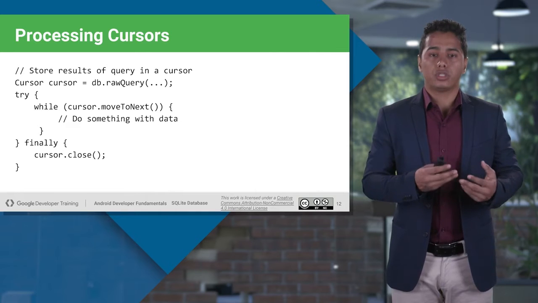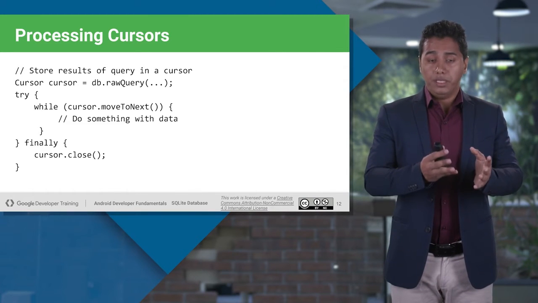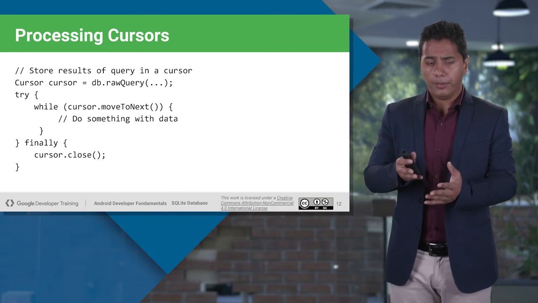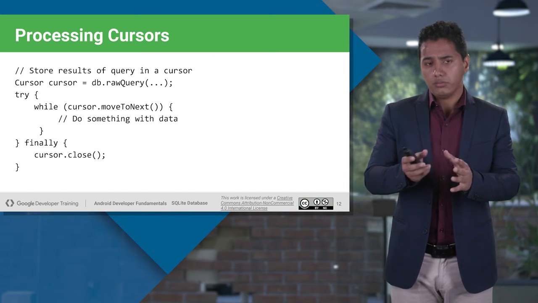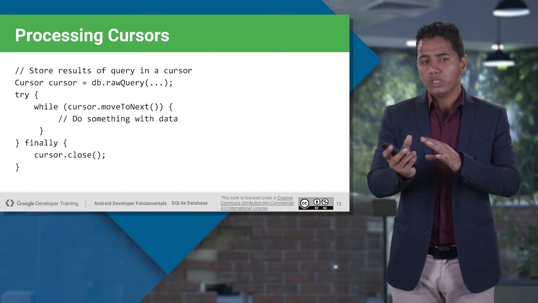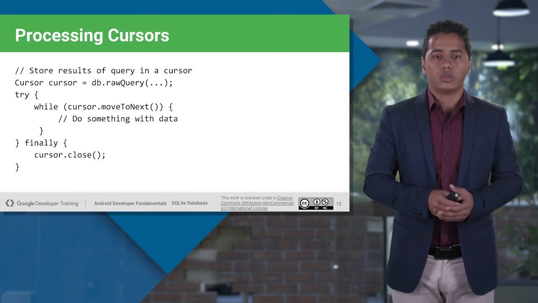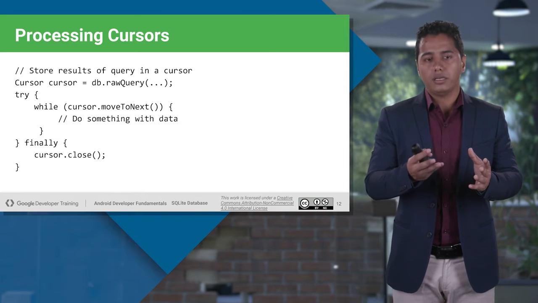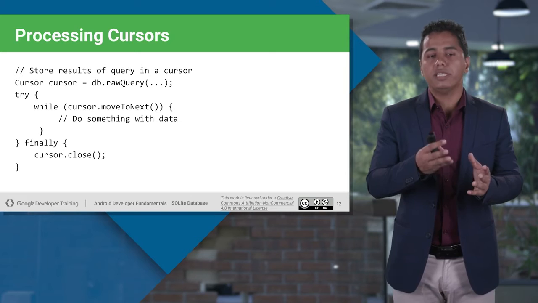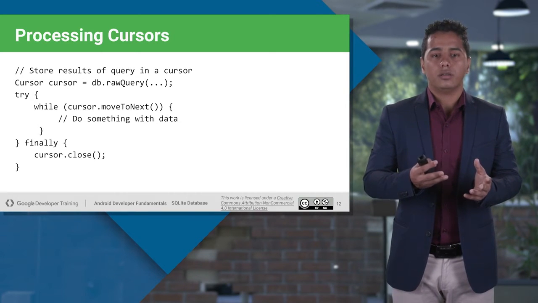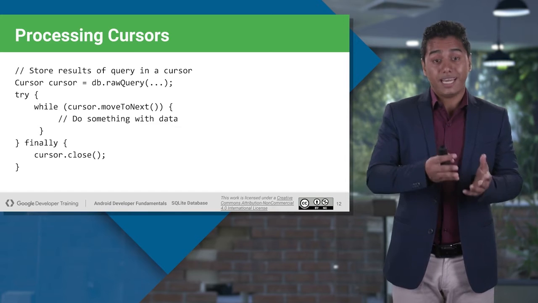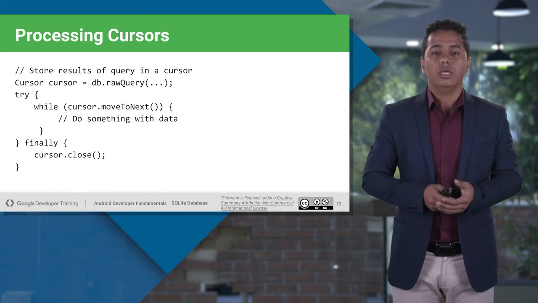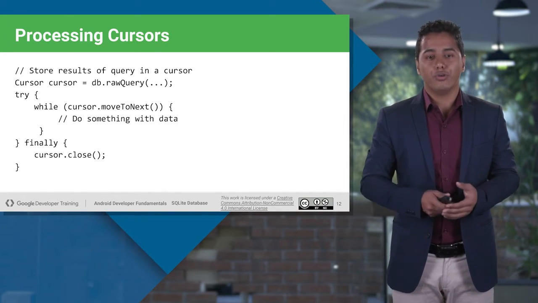So how exactly do you process the cursor? Well, you will of course be passing a query, db.rawQuery. We will talk about what exactly rawQuery is in a bit. But once you execute this database query, it will return you a Cursor object. Once you get the Cursor object, you will save it in a Cursor variable, and then you will iterate through it with the help of a loop, a while loop let's suppose, and then you will check if it can move to next. If there is data returned back from that query, then it can move to next, and then you can do something with that data. And finally, you need to close your cursor.